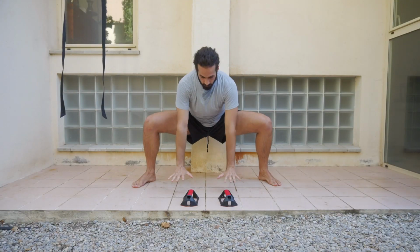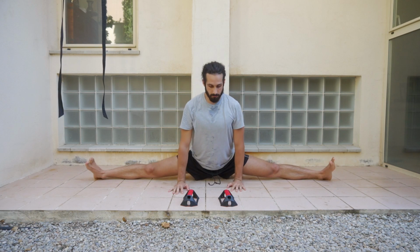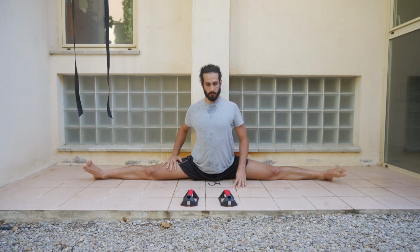So this is a short footage of me doing the side split now. I must say I'm pretty proud of it. I still cannot hold it for very long, but at least I'm there. And yes, now I would like to share with you a few of the most useful exercises that I found